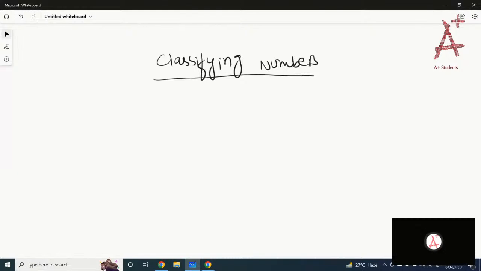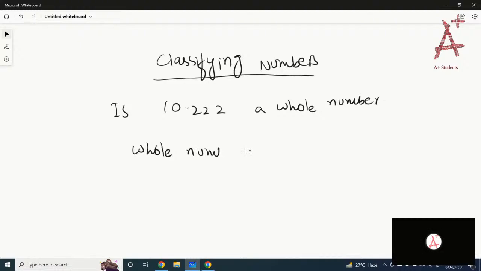Okay, so basically we have different types of numbers. We have the natural numbers, the whole numbers. So we have to just classify which number it is. Let's start with an example. The first one is: is 10.22 a whole number? So actually we need to see if the given number is a whole number. So the whole numbers are the counting numbers. Like you can write the whole numbers are